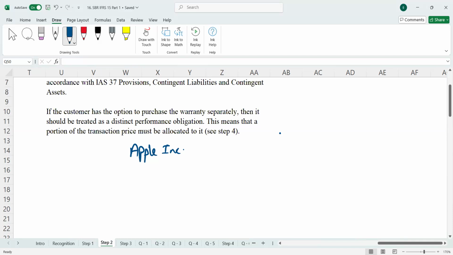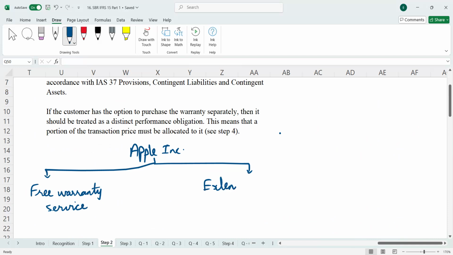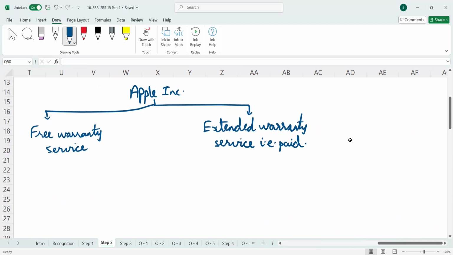Now let us say Apple Inc. when they sell a mobile phone, they provide warranty services. First one is the free warranty service, and second one is the extended warranty service, that is paid. Now see, the free warranty service that Apple is providing is an obligation for them. They are not going to receive any money for the free warranty services that they provide. So this free warranty service provided by Apple will be accounted for as per IAS 37